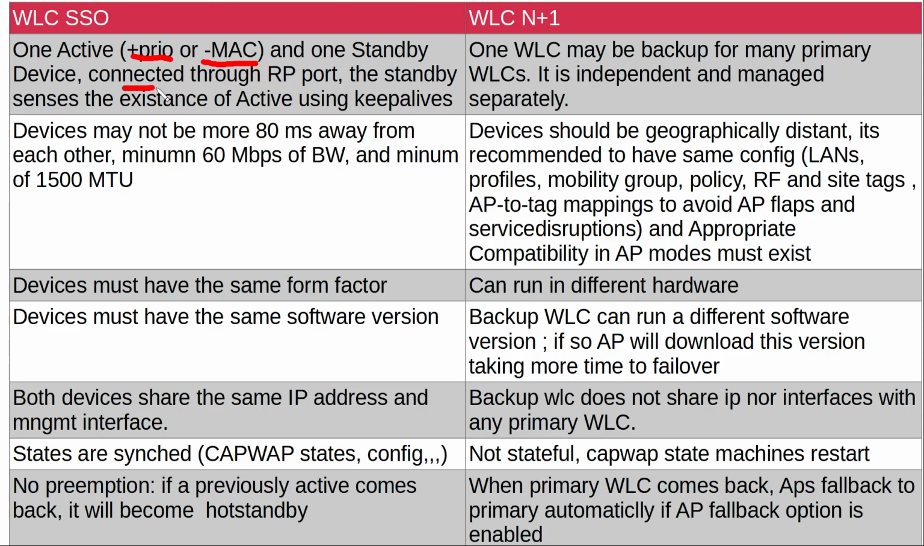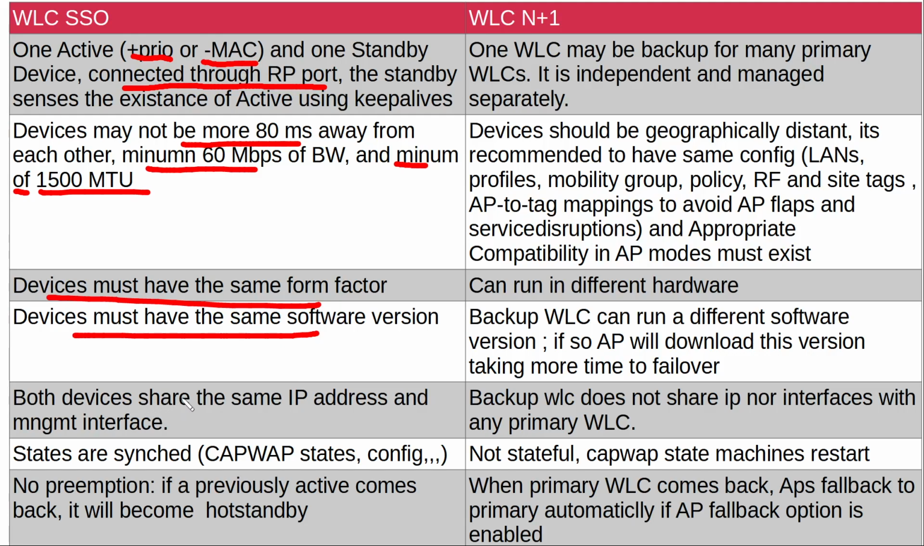They are connected through an RP port, where the standby will sense the existence of the active using keepalives. This port should provide no more than 80 milliseconds of round trip time between the active and the standby. It should provide a minimum of 60 megabits per second and a minimum of 1500 bytes as a maximum transmission unit. The devices must have the same form factor, they must have the same software version,